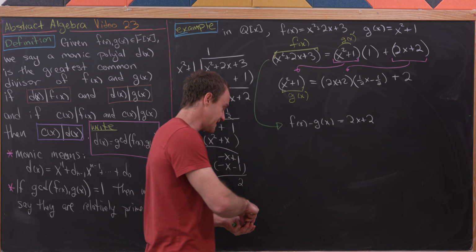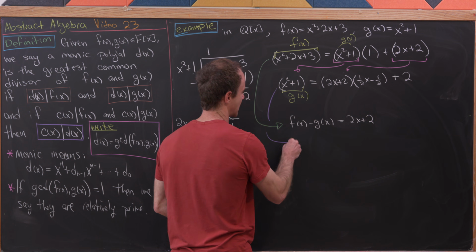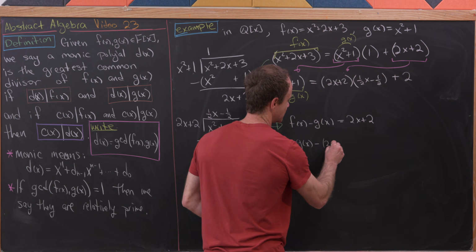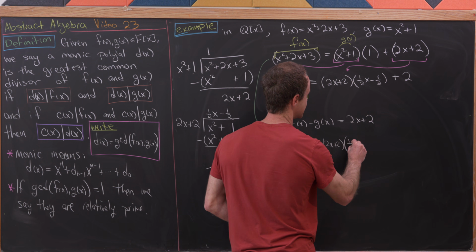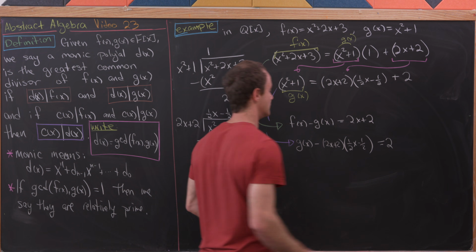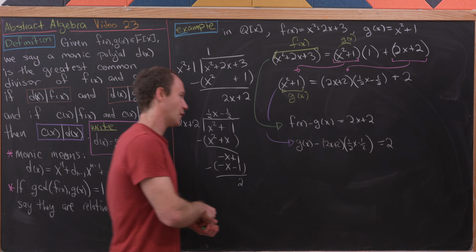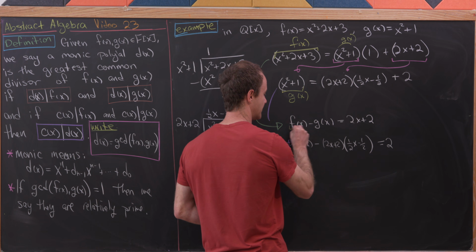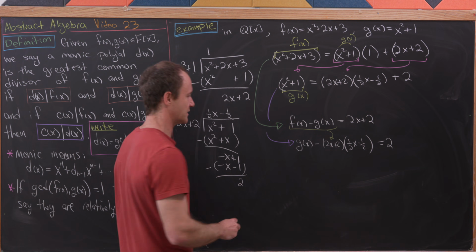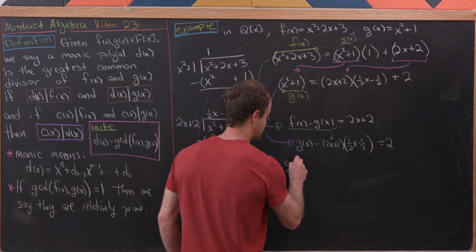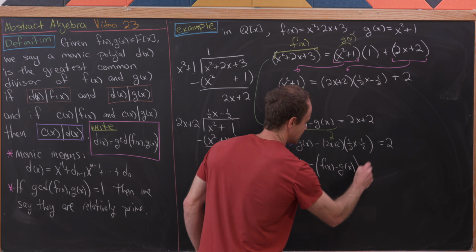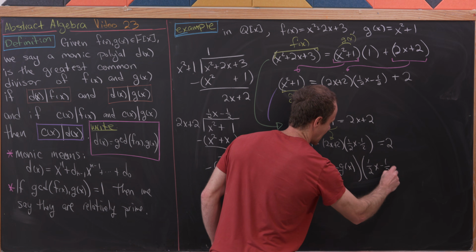And then from this one, we'll have something also kind of helpful. We'll have g of x minus 2x plus 2 times 1/2 x minus 1/2 equals 2. Okay, great. And now we'll take this version of 2x plus 2 and insert it into the lower equation. And let's see what that'll leave us with. So now we'll have g of x minus f of x minus g of x times 1/2 x minus 1/2